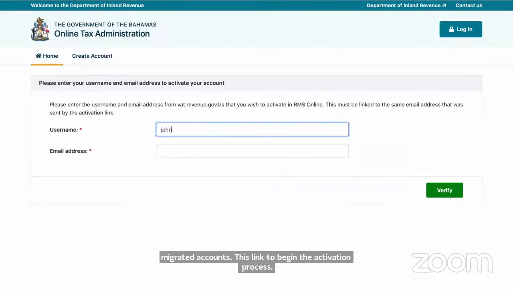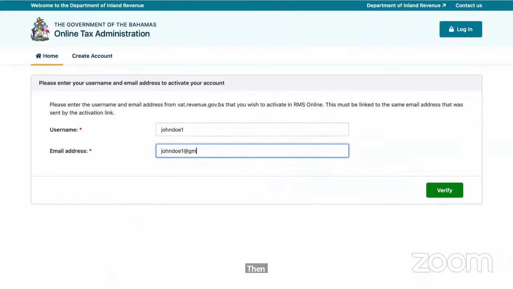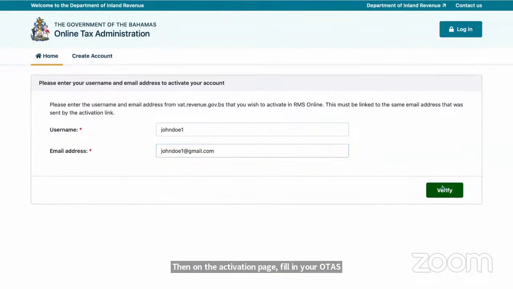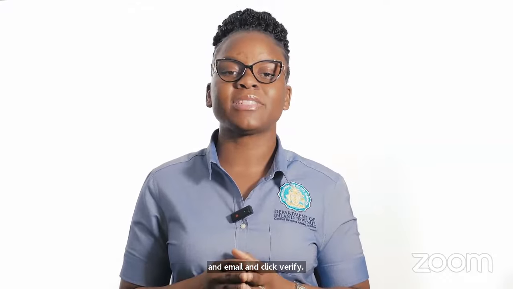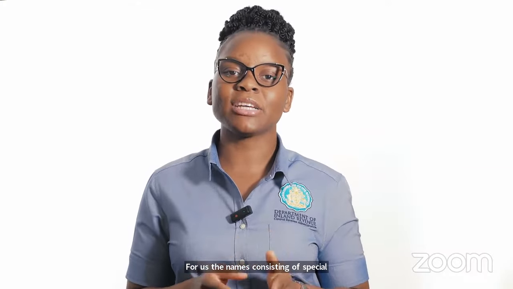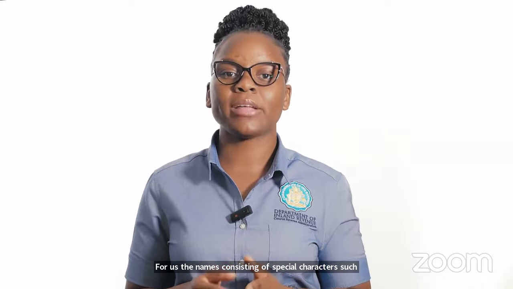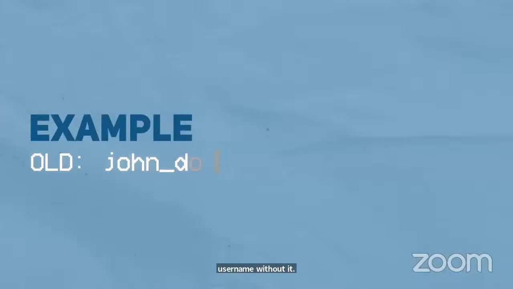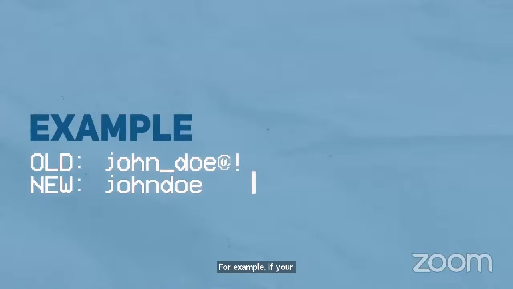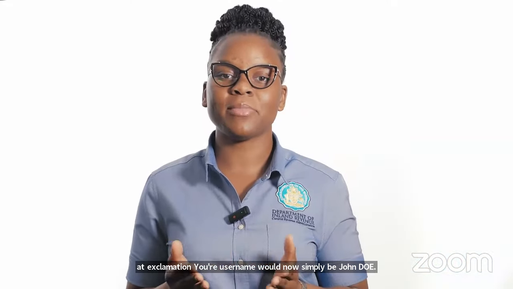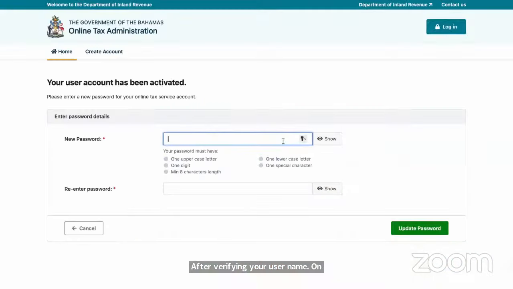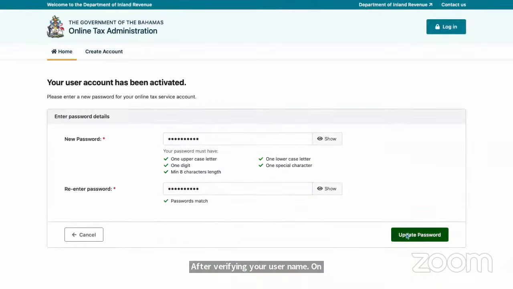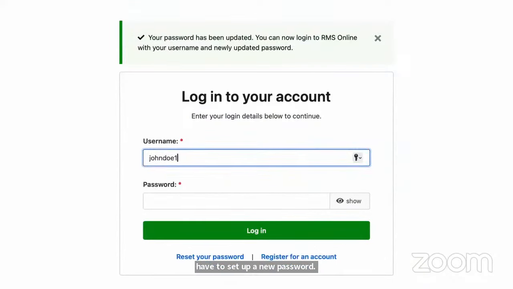Then, on the activation page, fill in your OTAS username and email and click Verify. For usernames consisting of special characters, such as a dash or underscore, you must now enter your username without it. For example, if your username is John_Doe!, your username would now simply be John Doe. After verifying your username and email, you will now have to set up a new password. Once your password has been reset, you can log in to